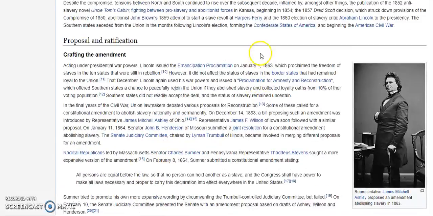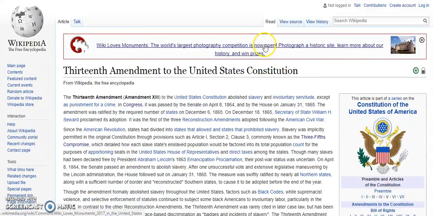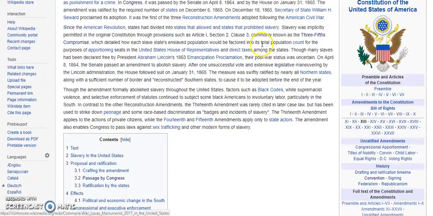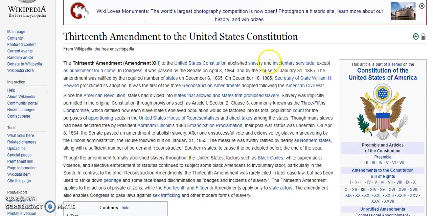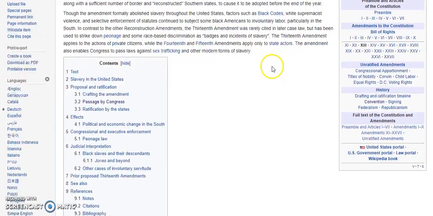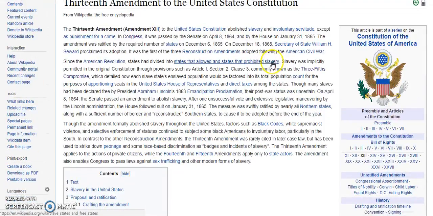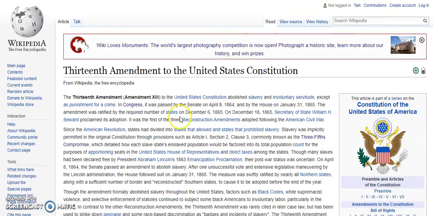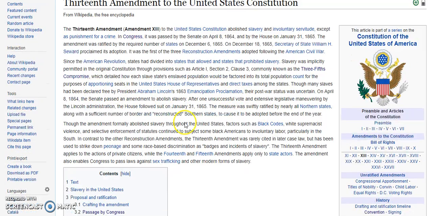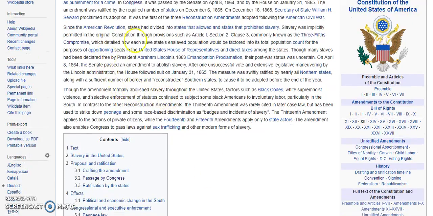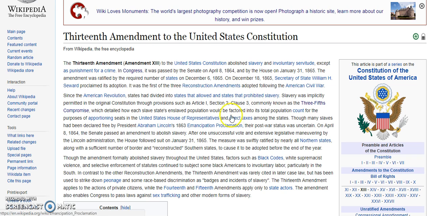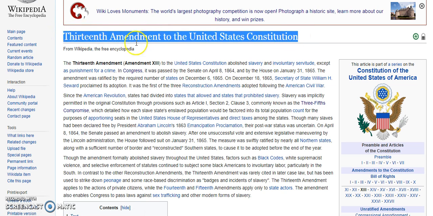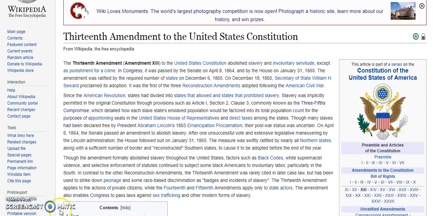Lastly, Civil War, I think the 13th Amendment is a great one to do. The 13th Amendment is not going to be easily passed. Lincoln is going to push for it, and a bunch of Republicans in Congress are going to push for it, but not all Republicans. So what you could look at is the deal making that goes on to try to get this thing passed. Do they have to promise people stuff? Do they have to change their language to get people to vote for it? So looking at the different ways people were conflicting ideas in Congress and what they had to do to compromise to get the necessary votes to get the 13th Amendment, which eventually is passed, and that abolishes slavery.